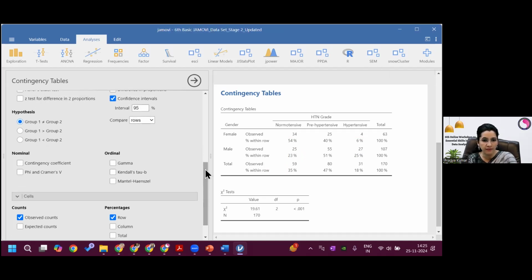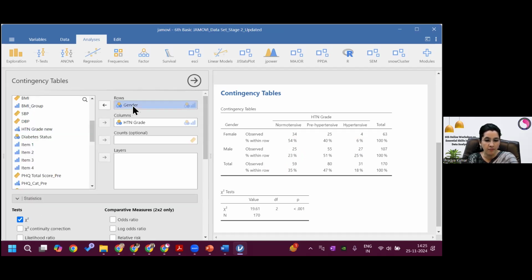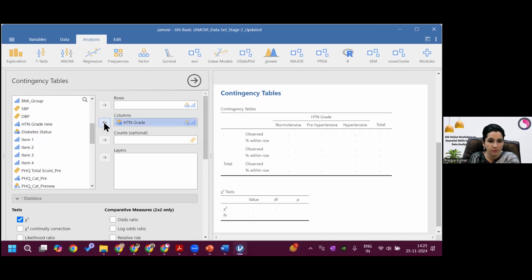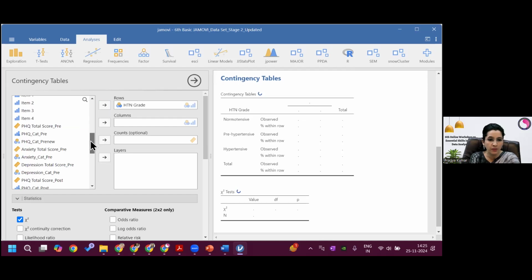Like let's say, if I enter hypertension and hypertension grade and PHQ score grade. If my hypothesis is that hypertension leads to probably higher depression, so hypertension grade